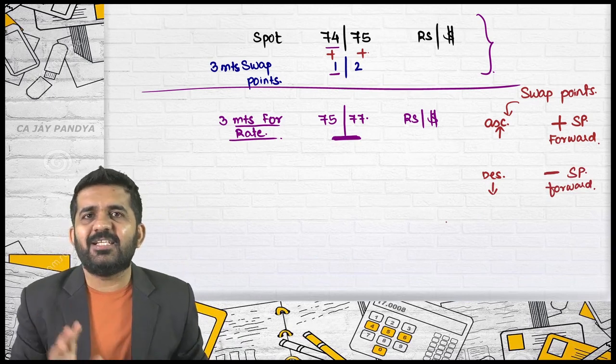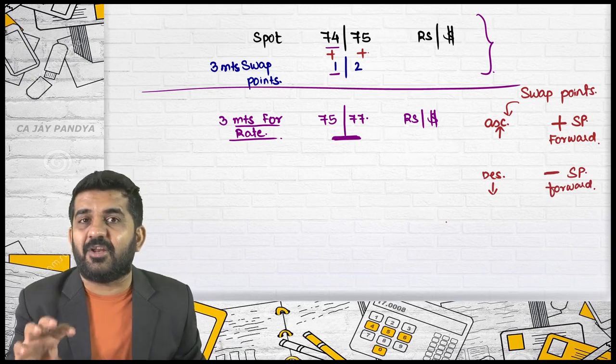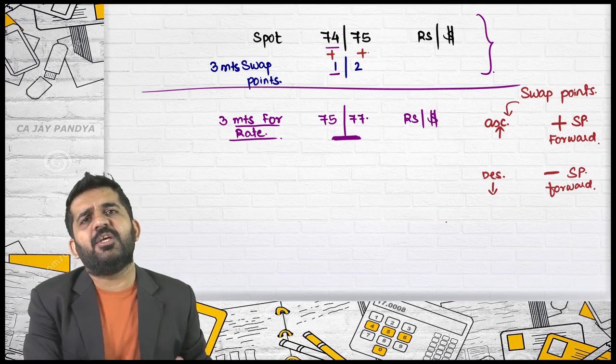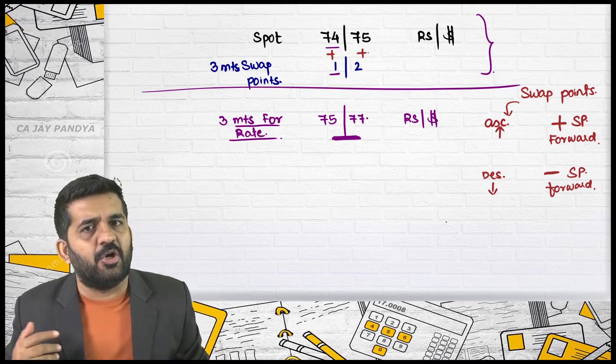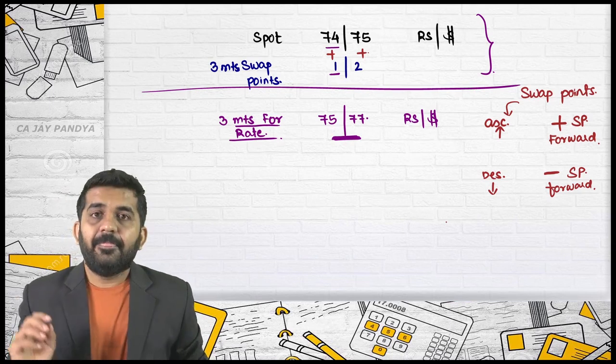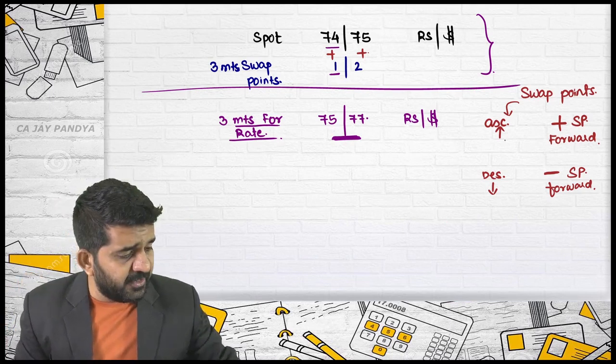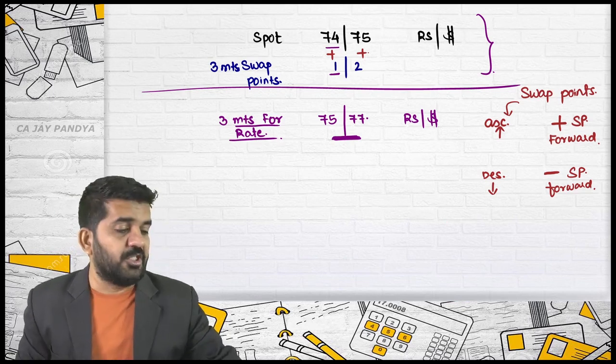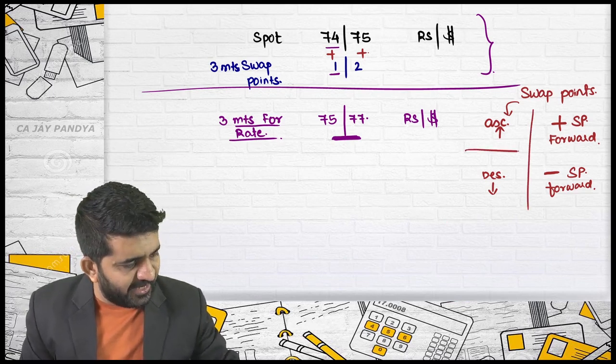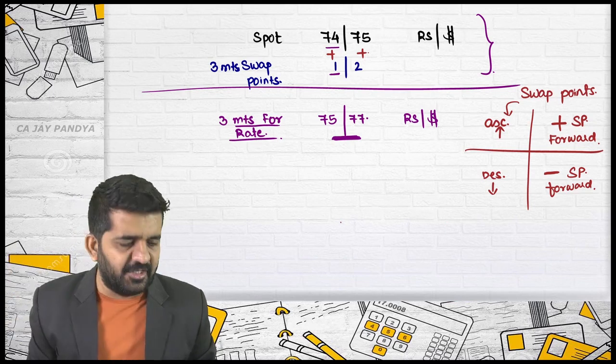Now, please understand there is no logic behind it. There is a tradition that if they are in increasing order, it should be added. If they are in decreasing order, they should be deducted. The question comes as this. Why, sir, if it is in ascending order, can we not subtract it? Believe me, there is a mathematical reason also.